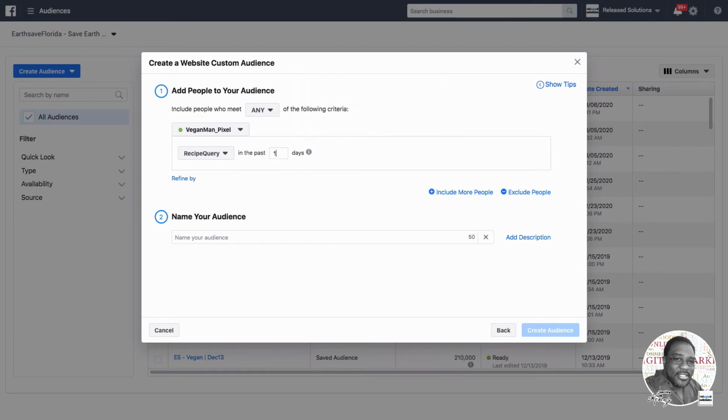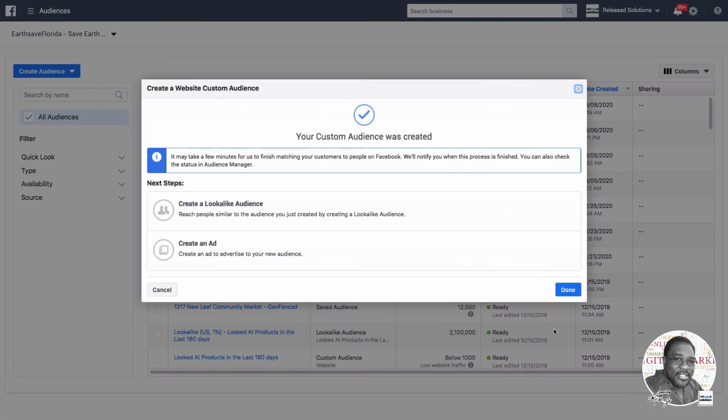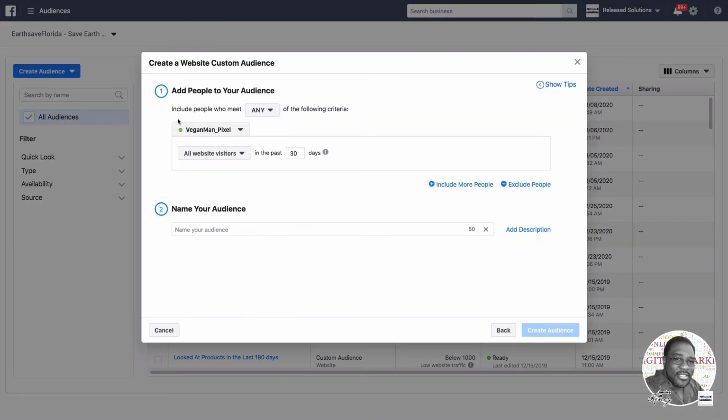So let's do the same thing in Facebook, and then I'm going to just say this is my recipe query people again. Okay, so it'll build an audience of those. I'm going to go ahead and create that audience. Done. That's going to be a small audience because it only has 2 in there. I'm not going to get much out of it, but let me go back to that for a minute. Website again,